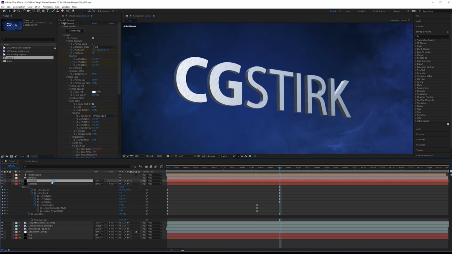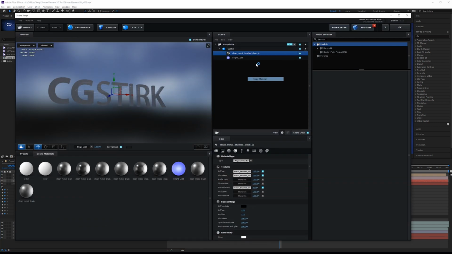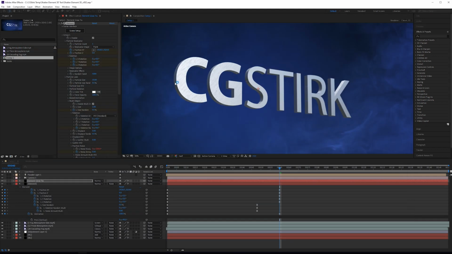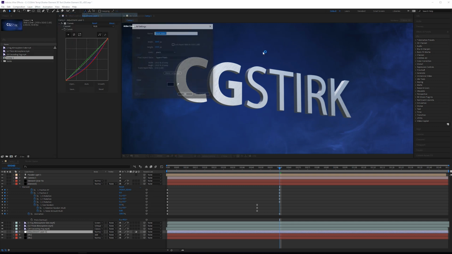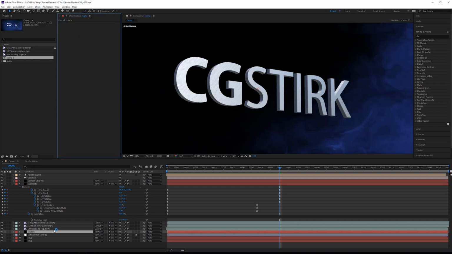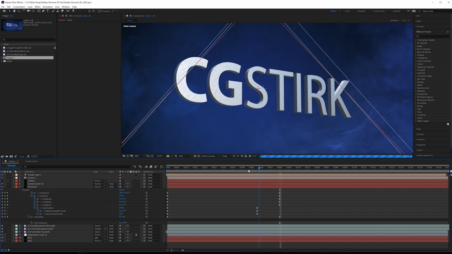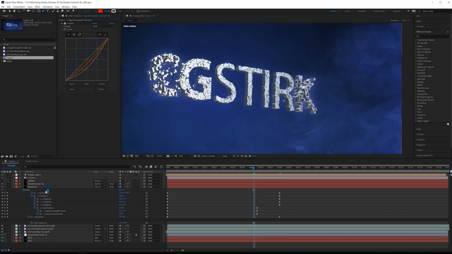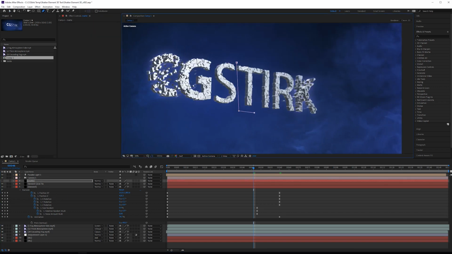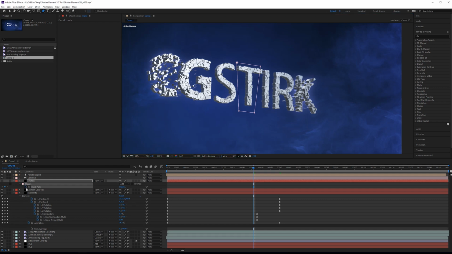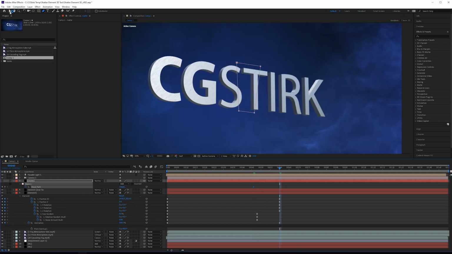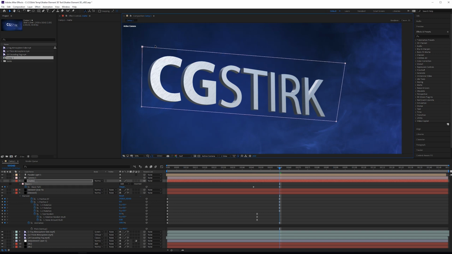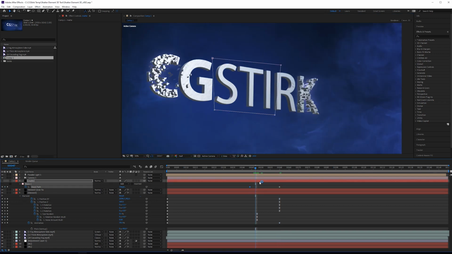So I'm going to duplicate my element layer, call this glow fix, go inside my scene setup, and then I'll copy the outer material and paste it on the inner material. And right away you'll see that that problem goes. And then we'll need a matte layer, so we'll add a new solid, pull this up. We're just going to look for where the letters begin to form. As soon as the letter forms, we'll grab a pen tool, make a simple mask around the T, and then we'll animate the mask path. By frame 60, this should be completely encompassing all the text. Gonna move that back here. That looks pretty good.